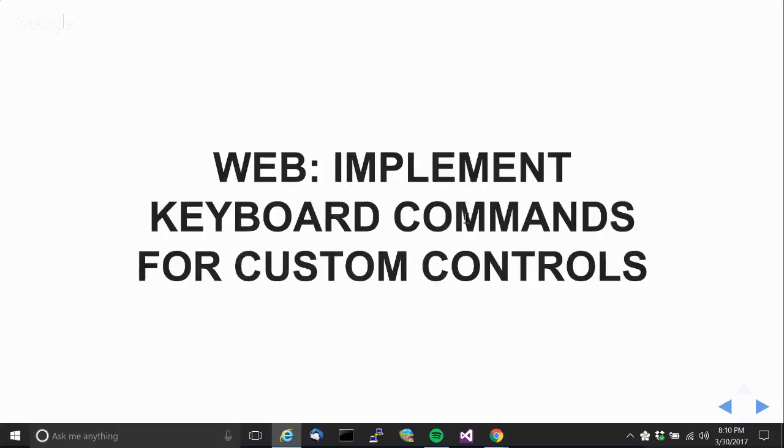And for things that are more complicated than a button, you may need to implement some keyboard commands, such as up and down arrow to move through a list view. And just as when you're implementing a custom control, you want to mimic conventions for the visual look and feel. So as well for accessibility, you'll need to emulate what the browser is probably already doing for the equivalent standard control.